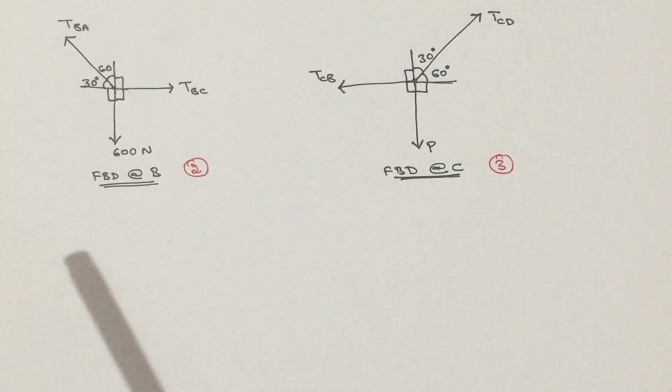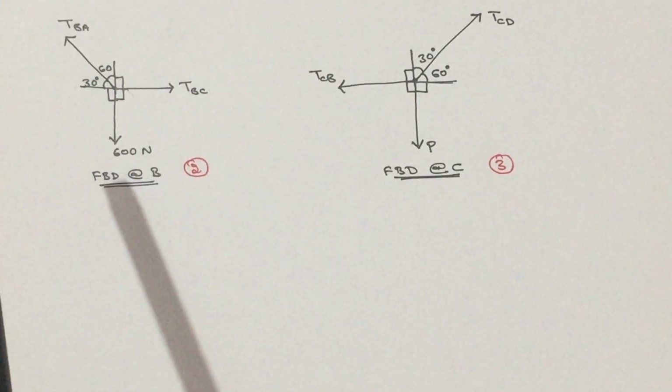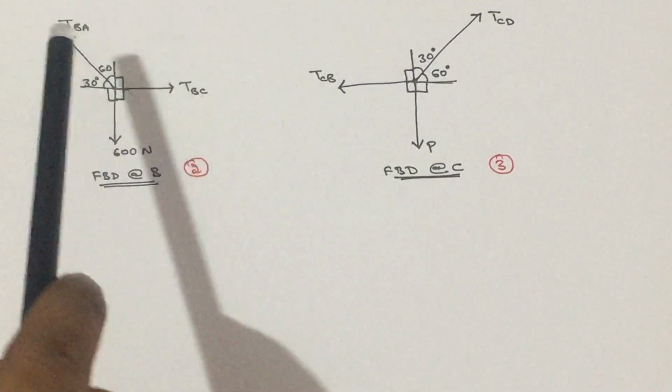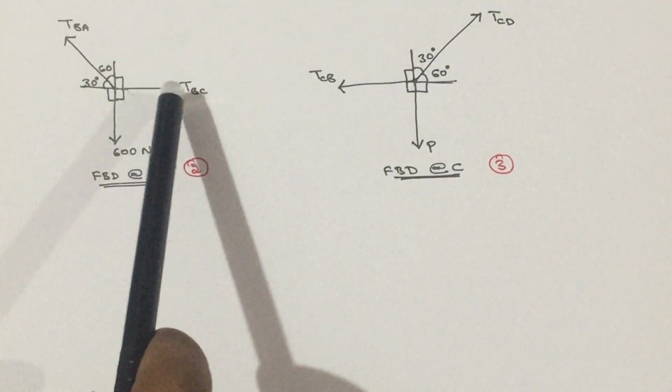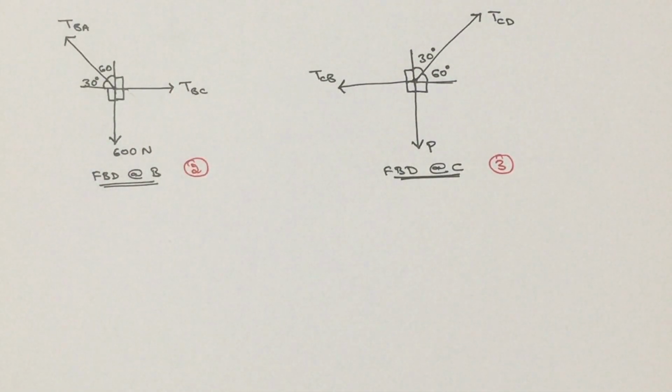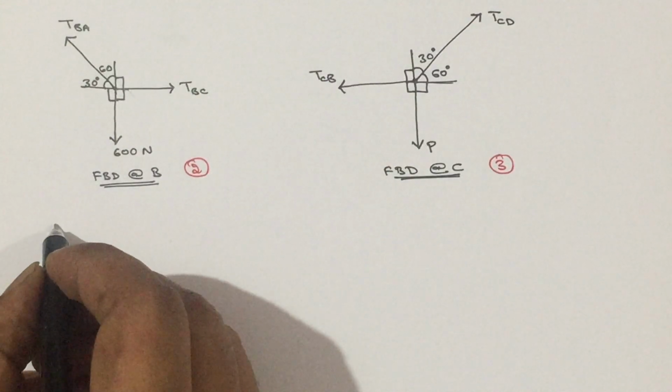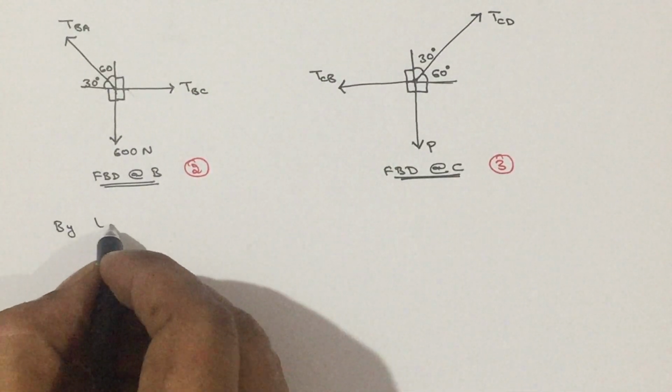the method. How to choose the method? First count the number of forces: 1, 2, 3. Count the number of unknowns: 2. So, if there are 3 forces and 2 unknowns, we can make use of Lami's theorem. So, by Lami's theorem,